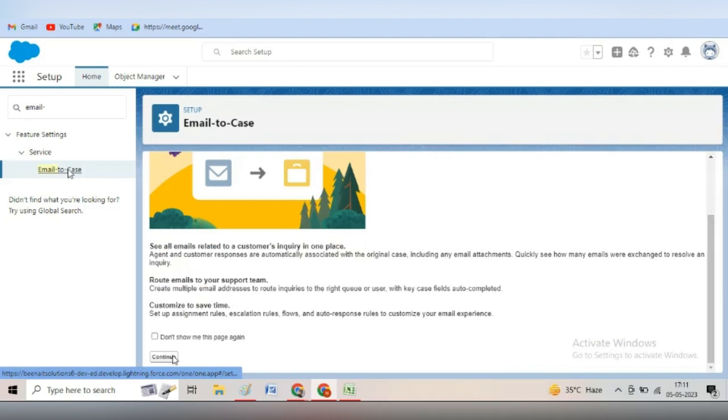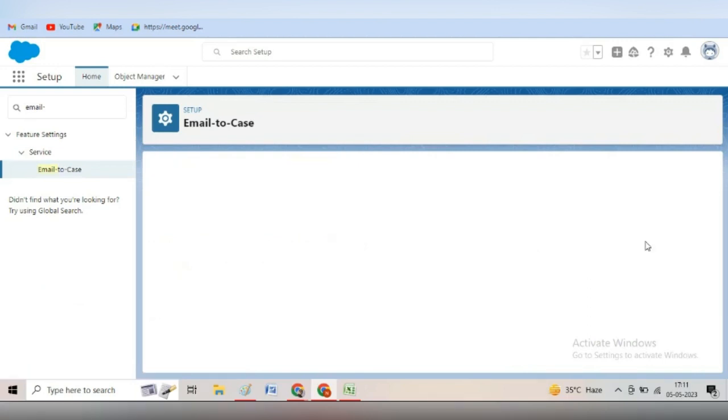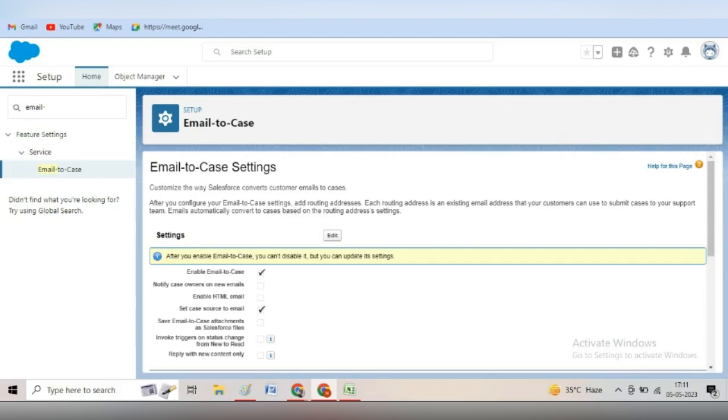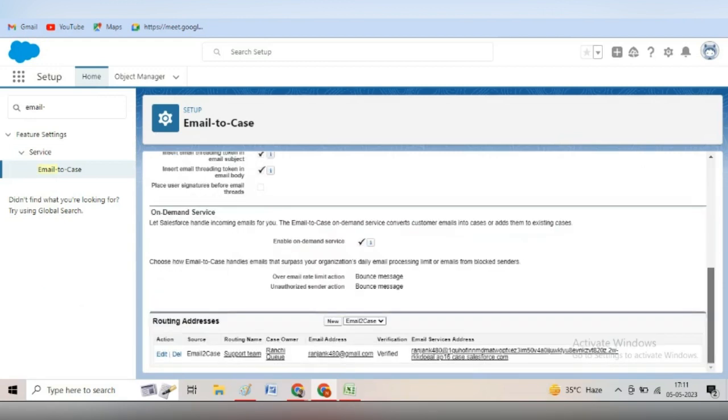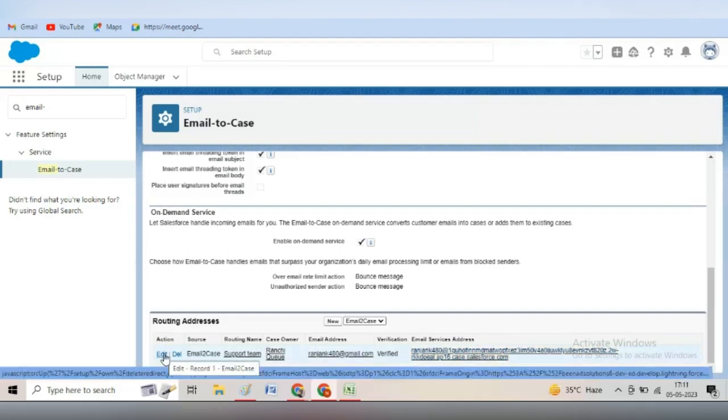Now continue it. Just scroll down, you can see there is one email to case routing address created. So just go to that, or you can go to edit